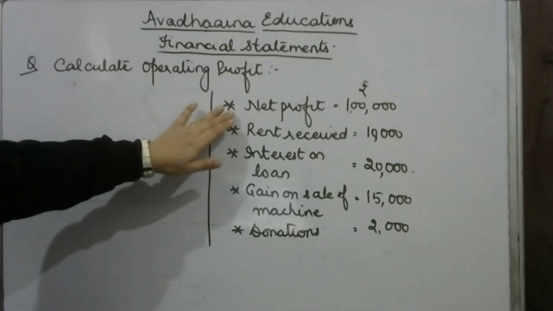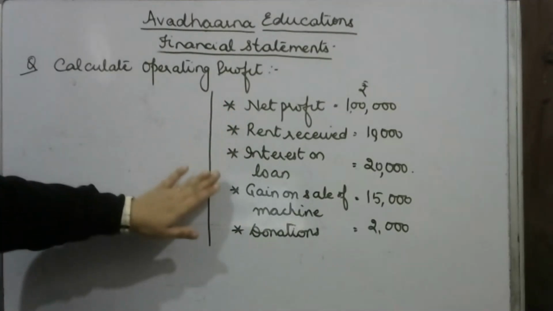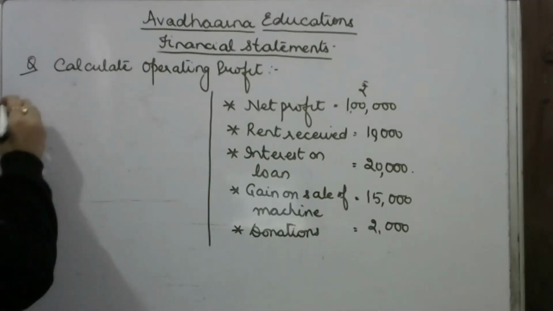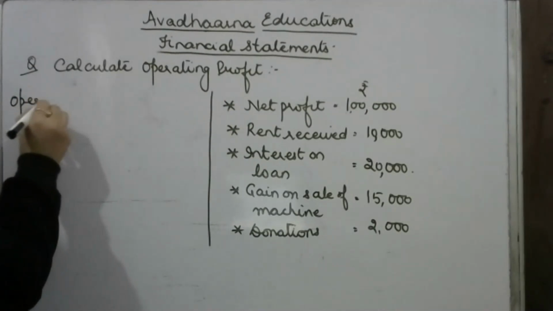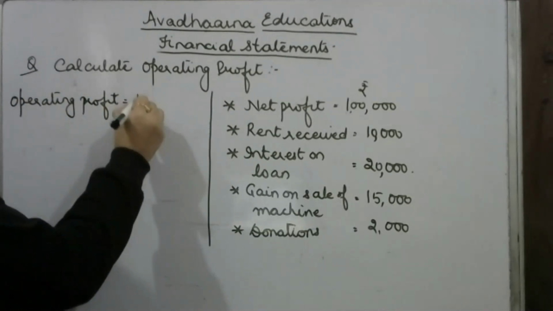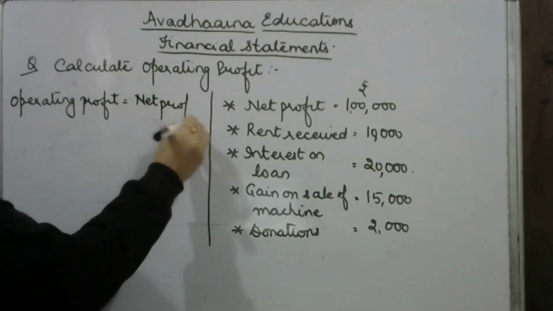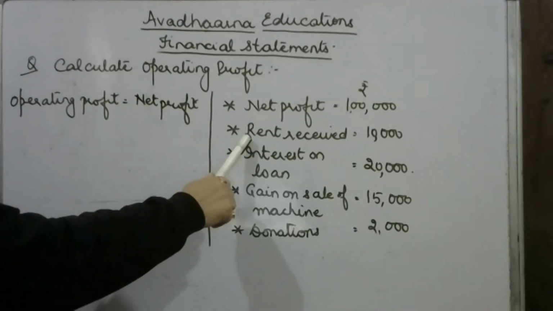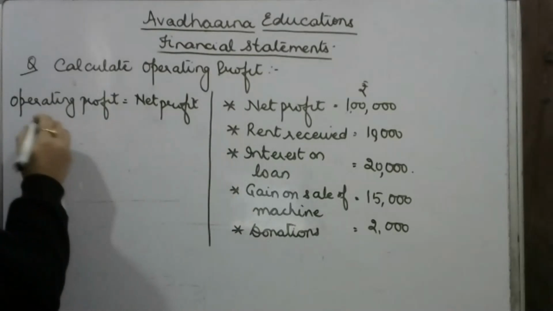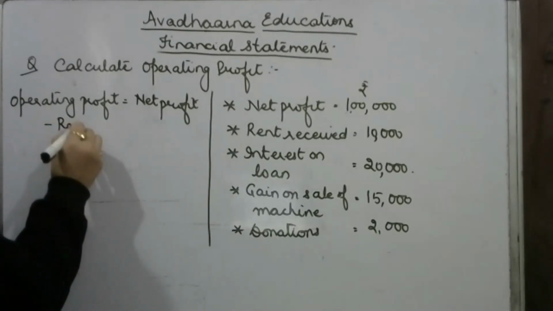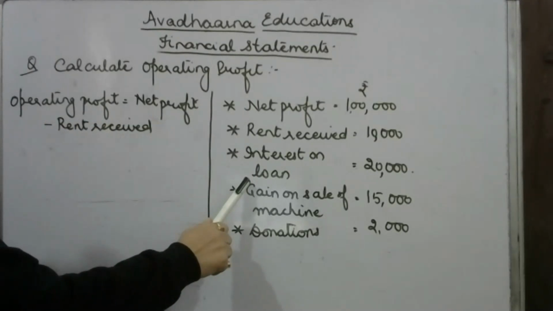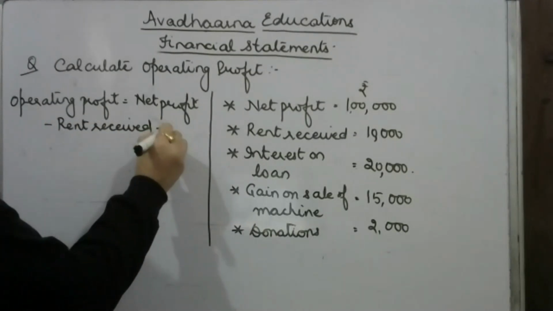Net profit में से again जितनी non operating income है उनको हम subtract कर देंगे और नॉन ऑपरेटिंग एक्सपेंसेस को एड बैक कर देंगे, तो वी आर गोइंग टू गेट द फिगर ऑफ ऑपरेटिंग प्रॉफिट. सो ऑपरेटिंग प्रॉफिट इज इक्वल टू योर नेट प्रॉफिट. अब रेंट रिसीव्ड बेटा ये मेरी नॉन ऑपरेटिंग इनकम है. फाइन. सो वील सब्ट्रैक्ट लेस रेंट रिसीव्ड. इंटरेस्ट ऑन लोन ये मेरा नॉन ऑपरेटिंग एक्सपेंस है,